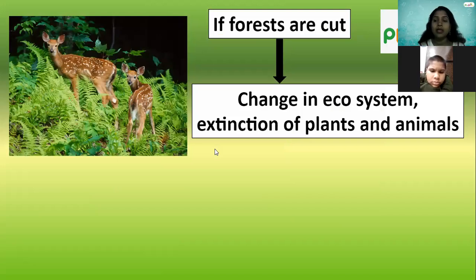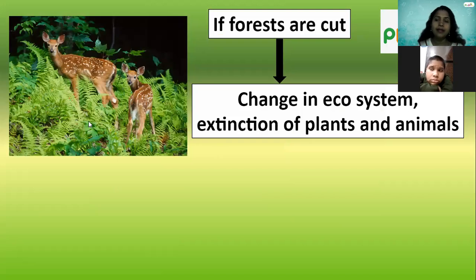Already we know about the ecosystem, how they are dependent on each other. Like these are the plant eaters. Who are they? The deer. The plant eaters, so we can say these are the herbivores. Already we have discussed, right, Hans? Those who are the plant eaters, we can tell them are the herbivores.